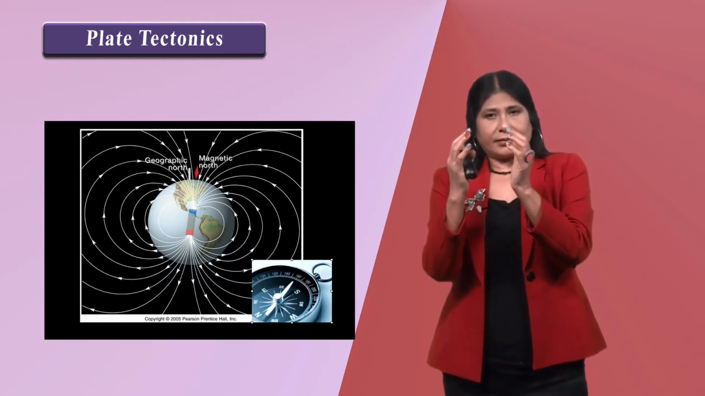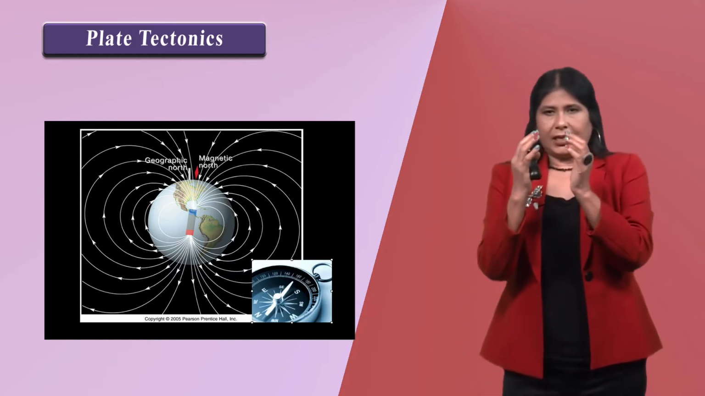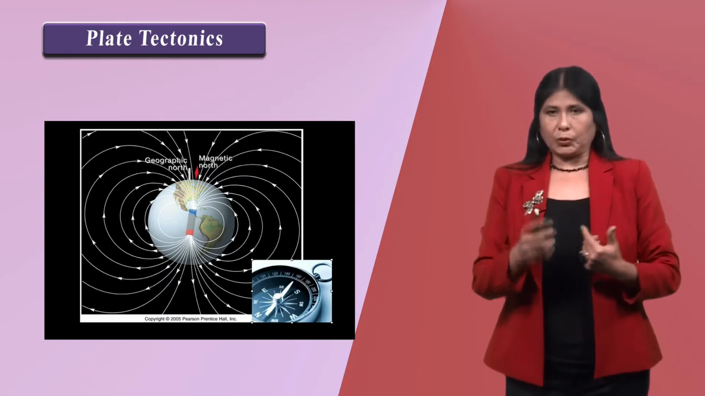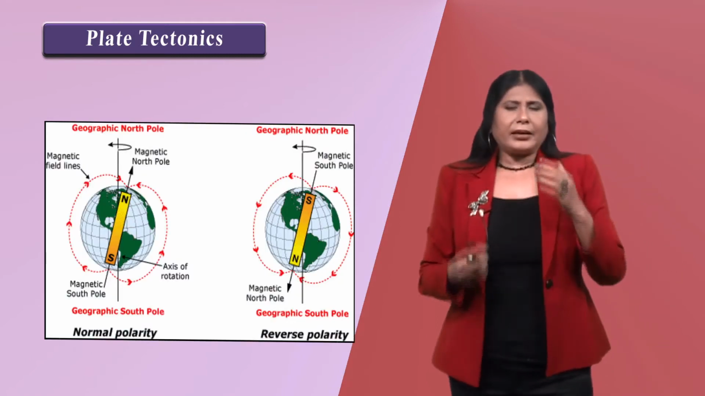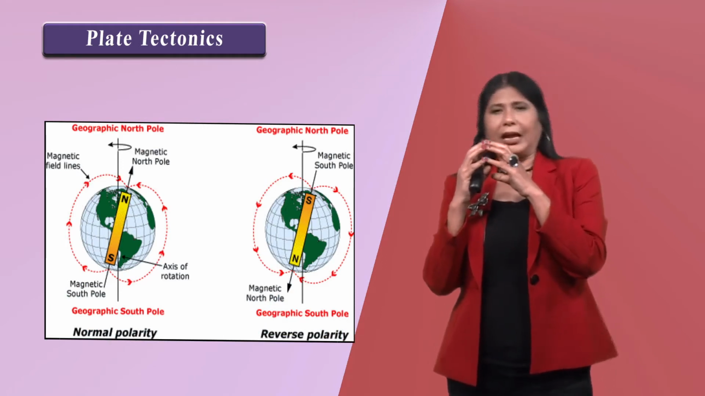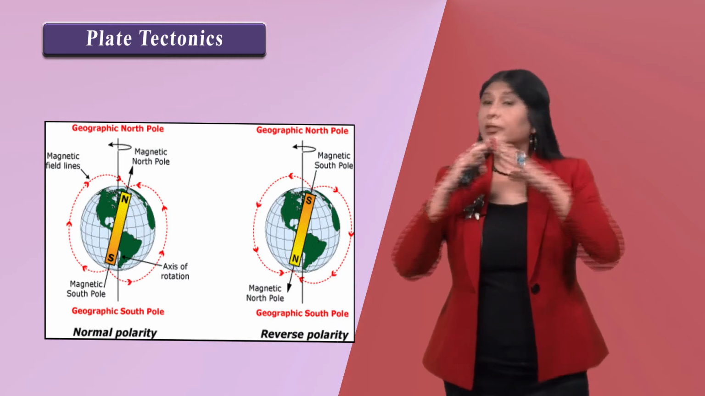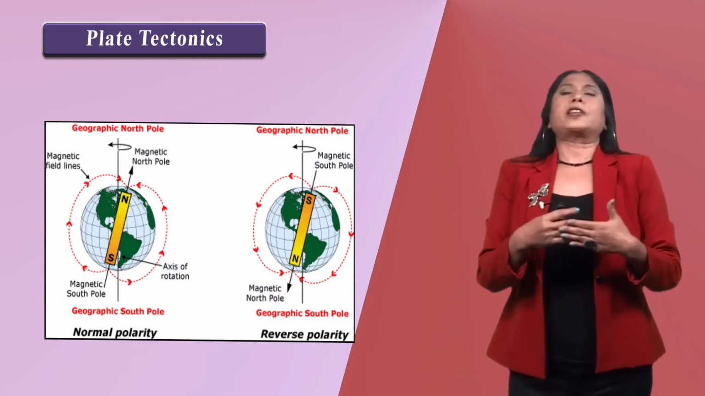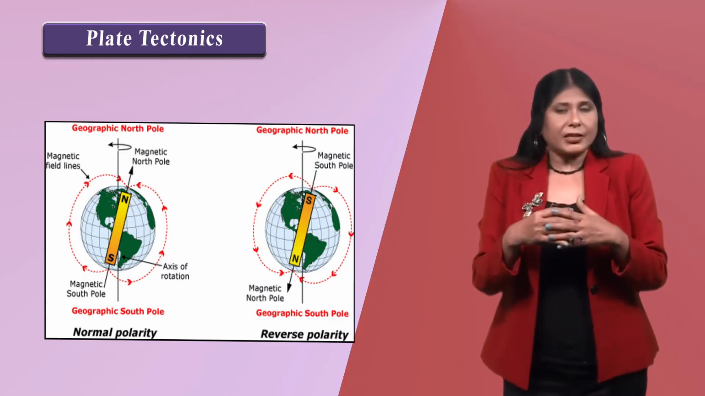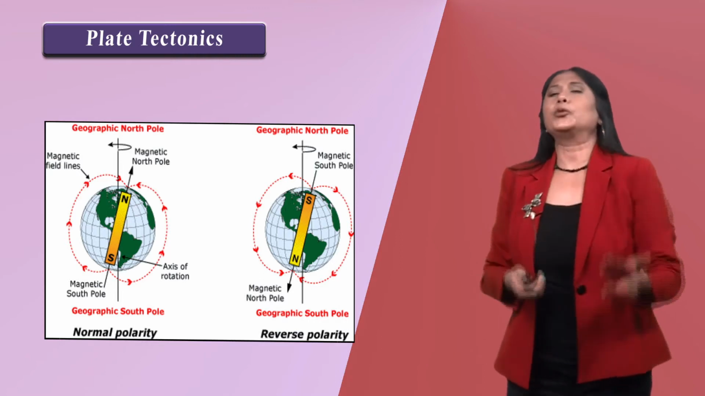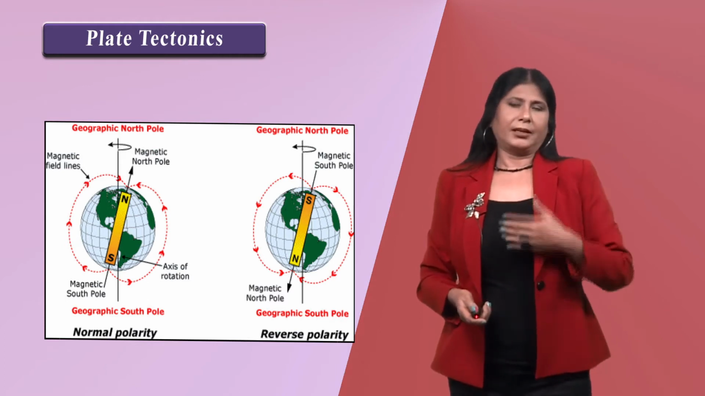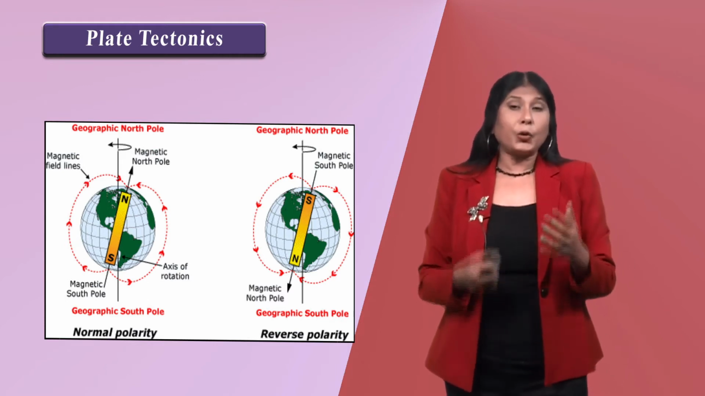Our Earth is like a bar magnet with a magnetic North Pole and a magnetic South Pole. The magnetic North Pole will attract the magnetic South Pole of any substance on the surface of the Earth. The magnetic South Pole will attract any magnetic North Pole of any substance on the Earth, like how we see in the picture over here. So this is the current position, and now we can see these arrows showing